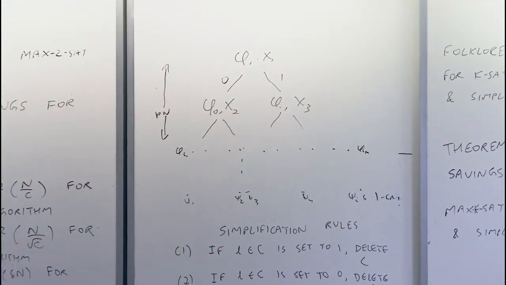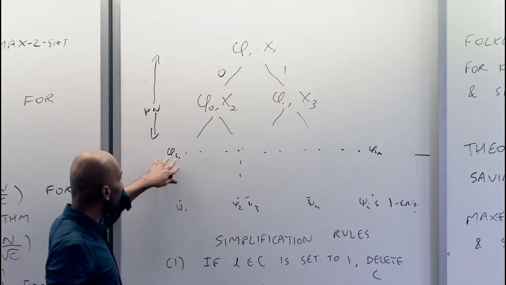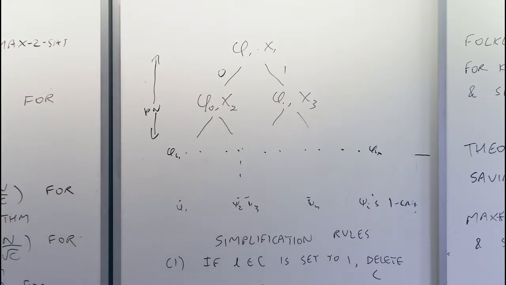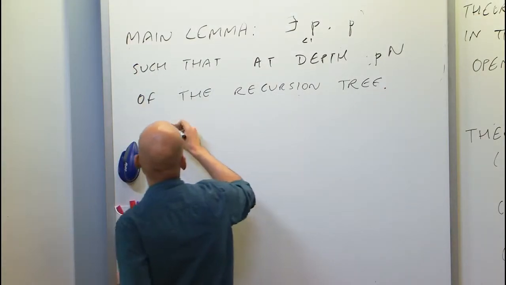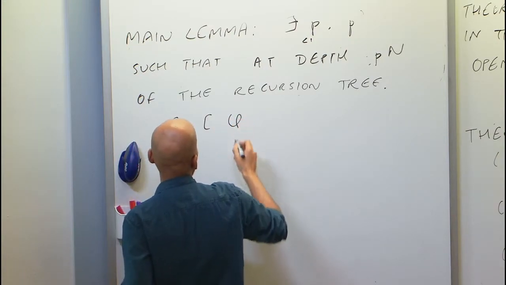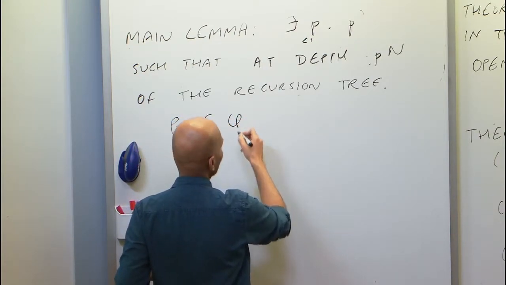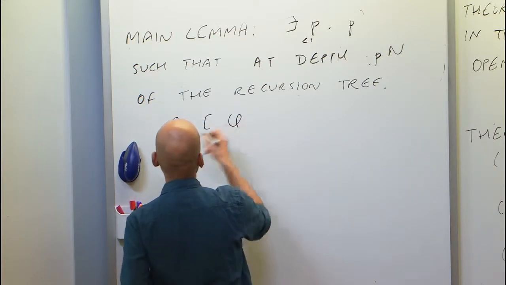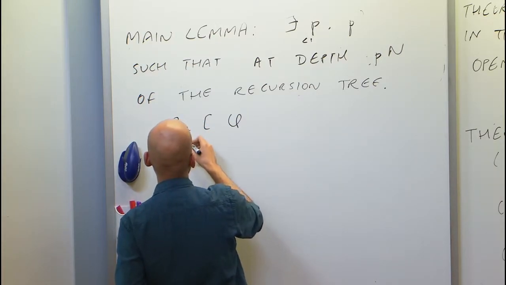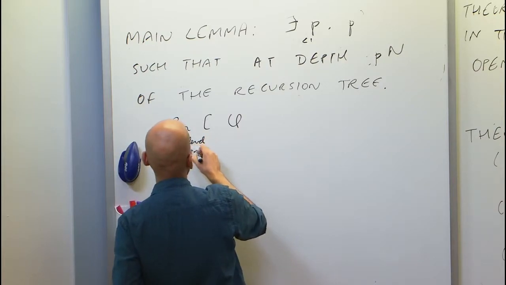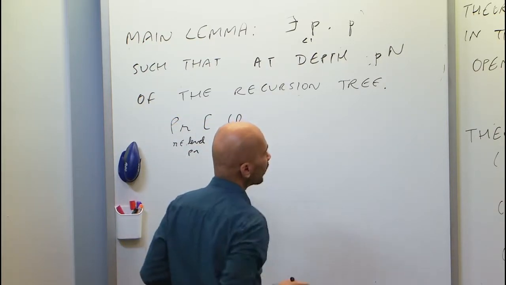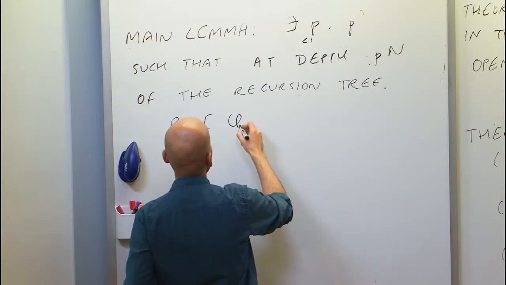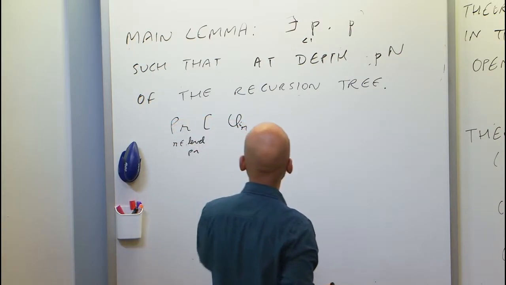So you want that with high probability some event happens here, and the high probability event is that there are going to be very few nodes which have lots of clauses that aren't one clauses, right? And you want this event to happen with very high probability. So probability over the choice of R from nodes of the tree, where R is in level p n, that phi R and phi I, R has